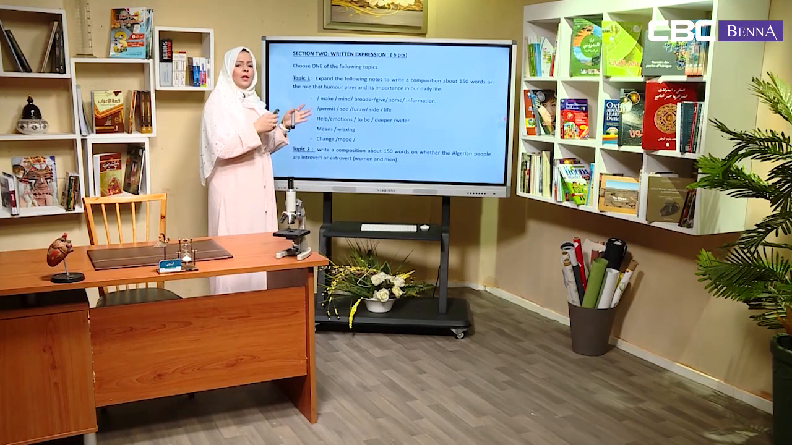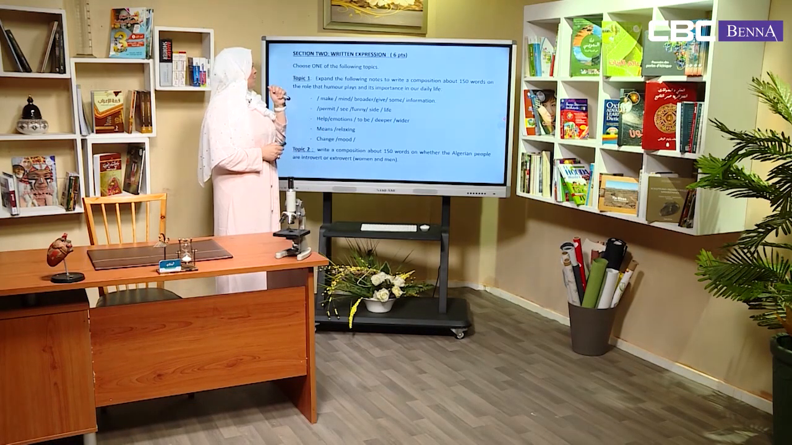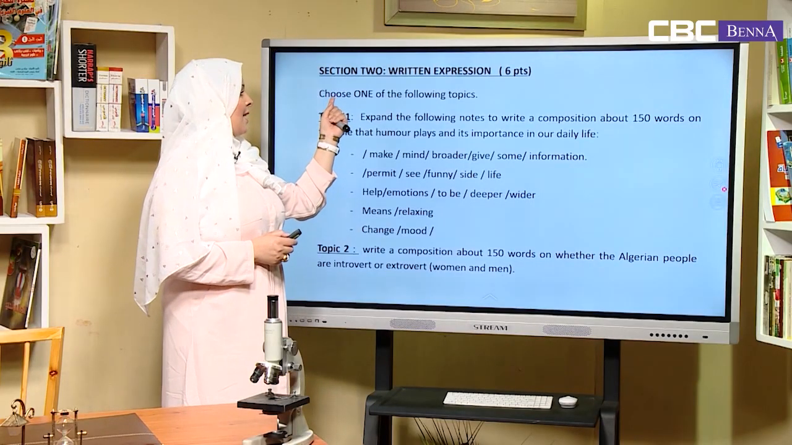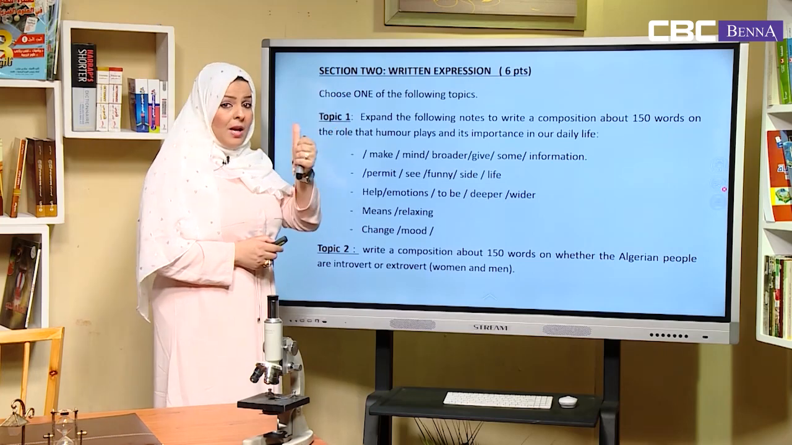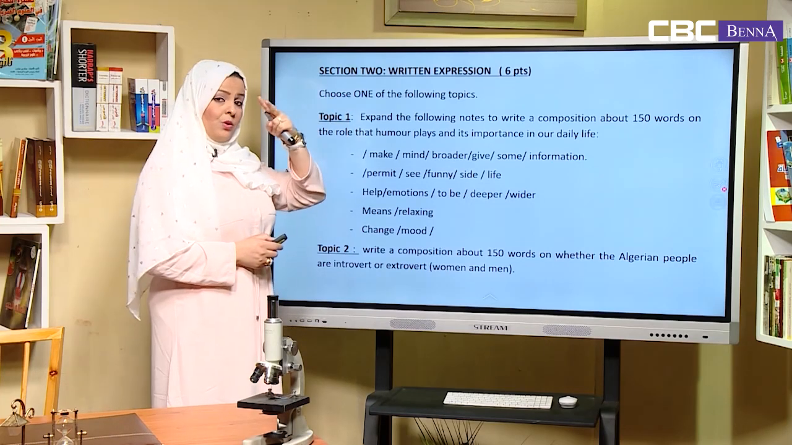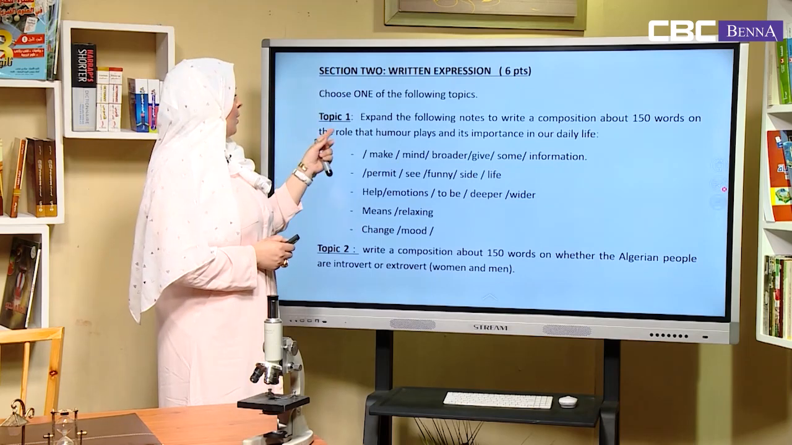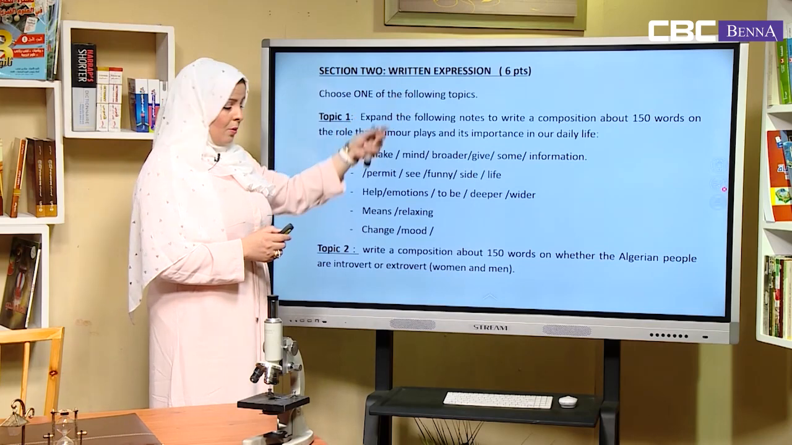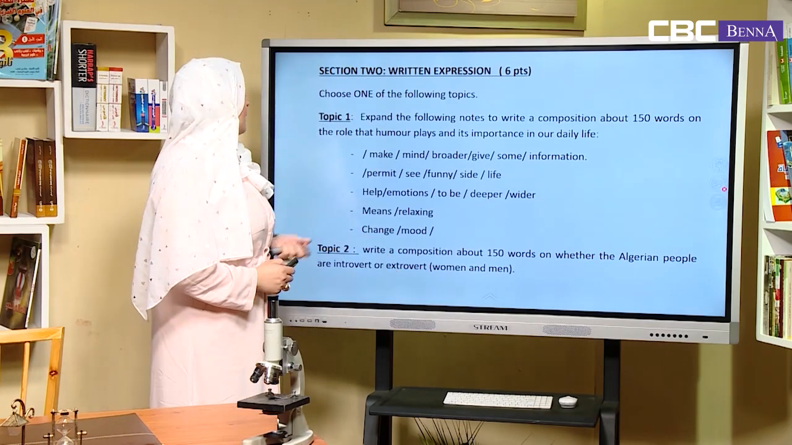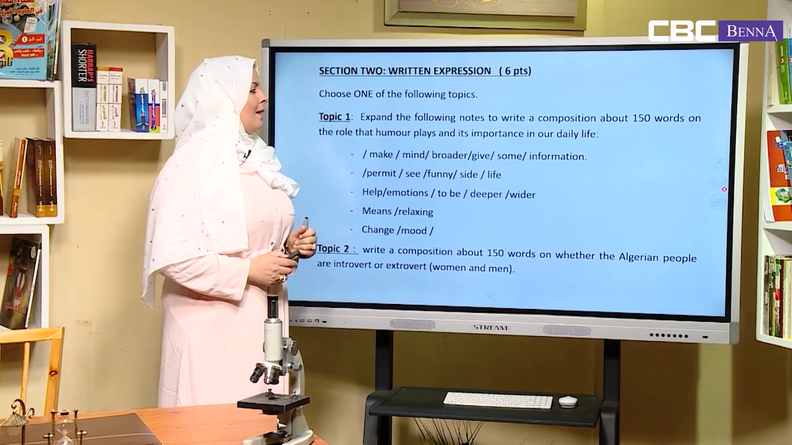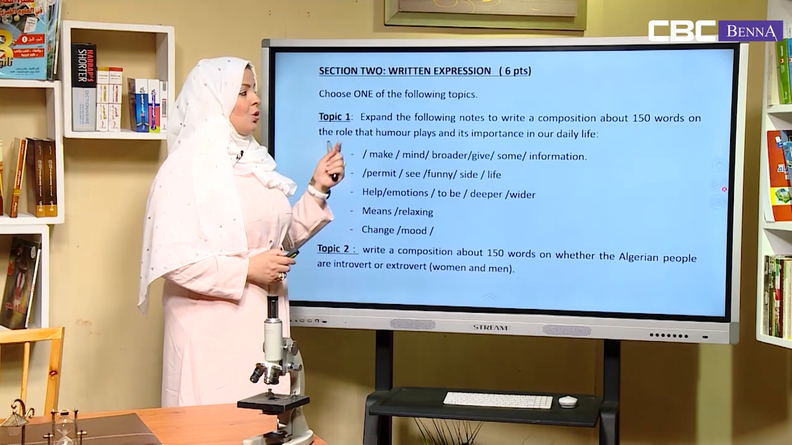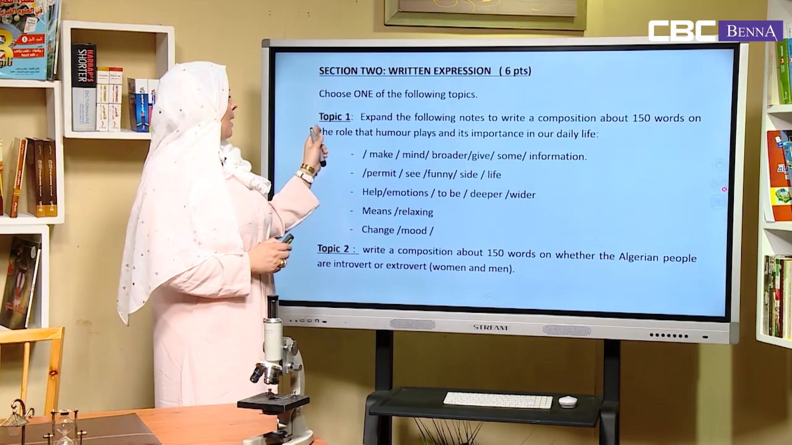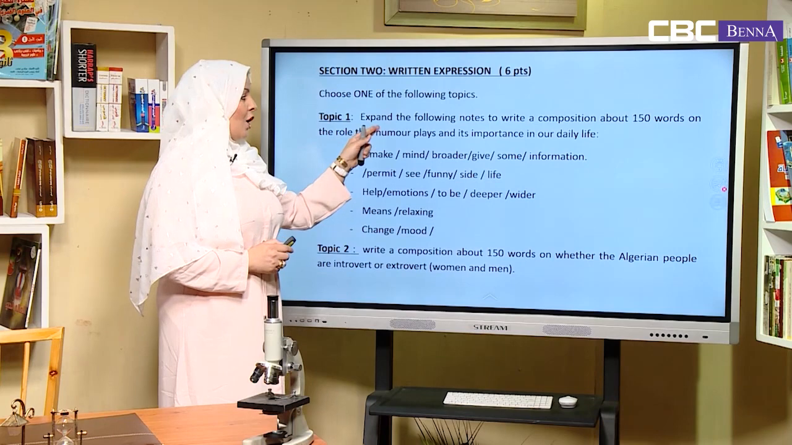Let's move to the second part, which is written expression. And do not forget, always you are going to find this sentence, which is: choose one of the following topics. It means you have two, you are going to choose one. Generally, you have the first, which is always guided and related to the subject that we have. What about the second? It is different. Let's start. Topic 1: expand the following notes to write a composition of about 150 words on the role that humor